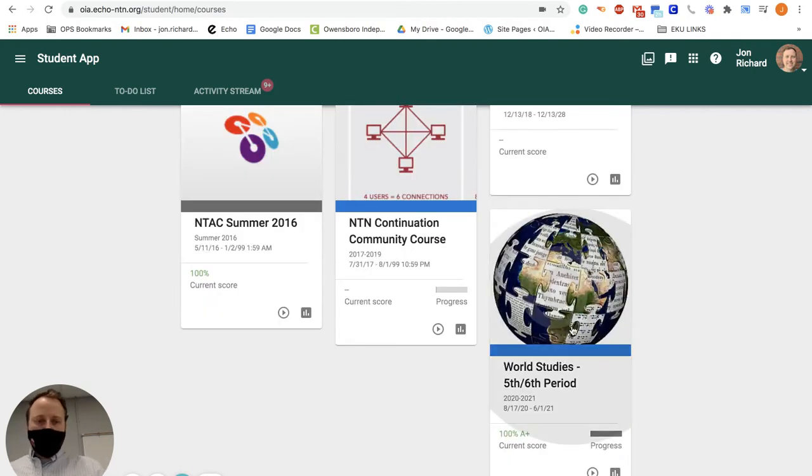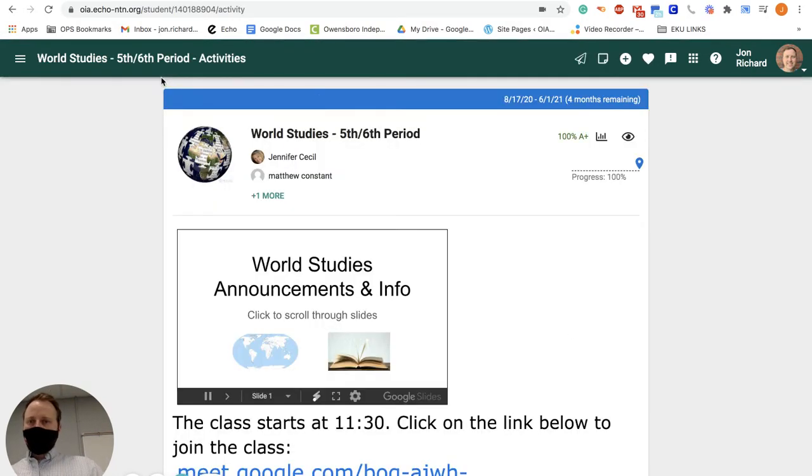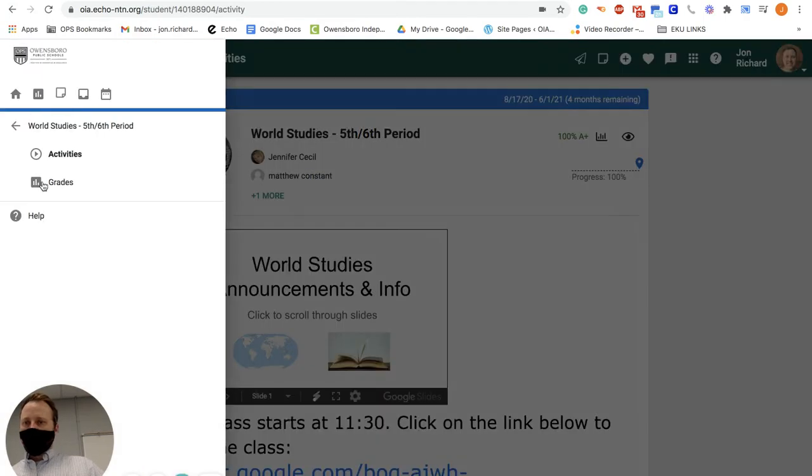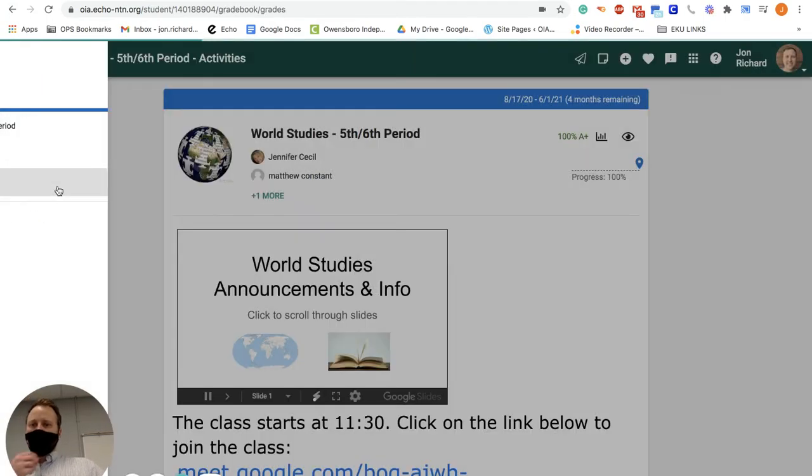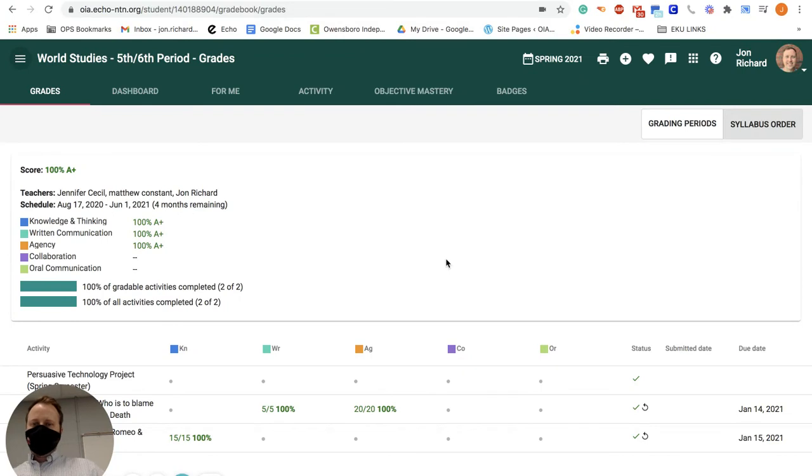All right, so looking at your grade book, if you're the student here, this is a fake student account. I'm going over to my grade book. Go to grades right here, and you'll see that it automatically goes to spring semester. If you look up at the top here, it says spring semester 2021. That's because we're in a new semester, and there are two grades in this semester, okay?